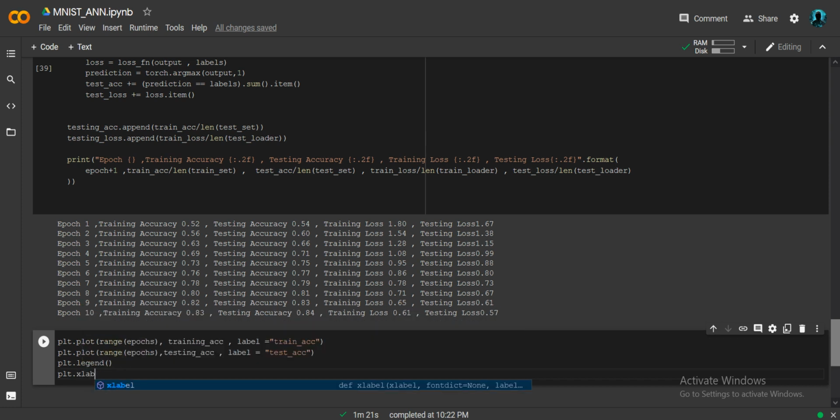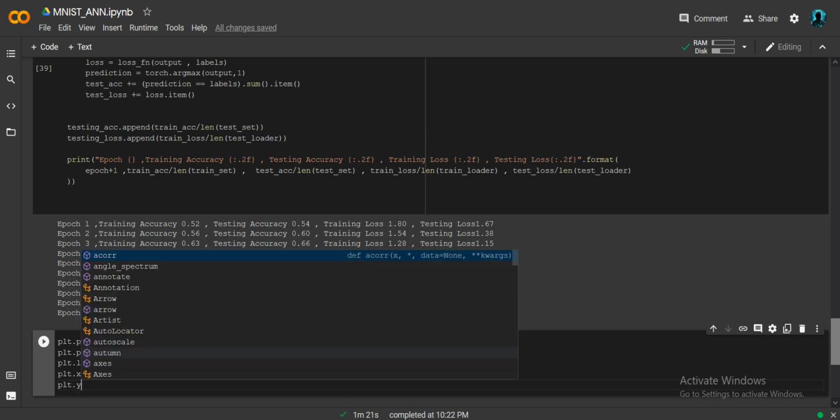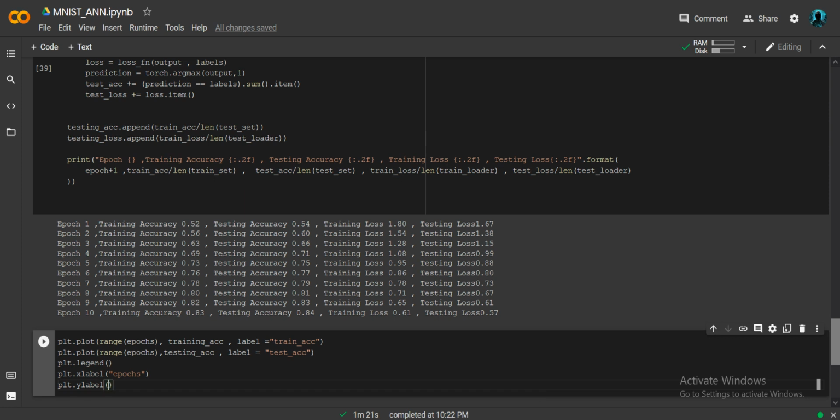Simply write epochs for the x-axis, and the y label is basically accuracy. We will see how the training and testing accuracy are behaving.